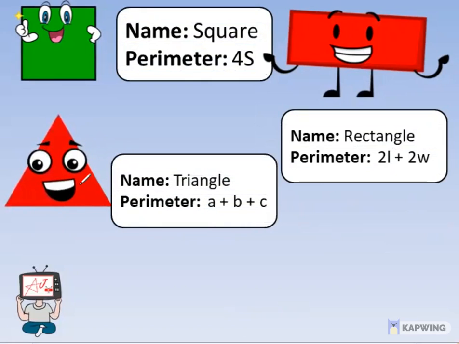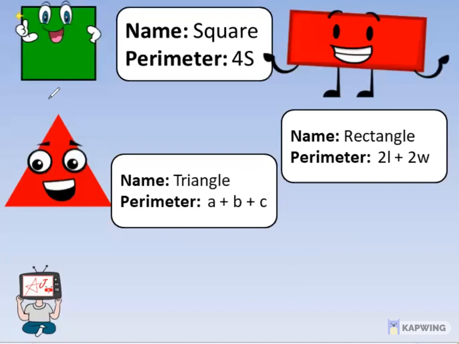Actually, perimeter is just i-add lang natin yung lahat ng side ng isang shape para makuha na natin siya. Pero we're going to use the formula para mas mapadali natin ma-compute yung perimeter. Especially dito with the square and rectangle, since both square and rectangle ay may special characteristic. Dito kay square, ang kanyang special characteristic, all sides are equal. So kapag i-compute natin yung perimeter niya, kung hindi natin alam yung formula, ang gagawin lang natin i-add lahat ng